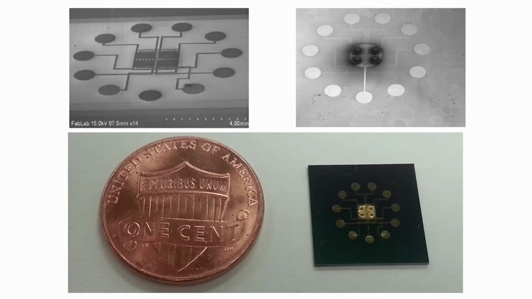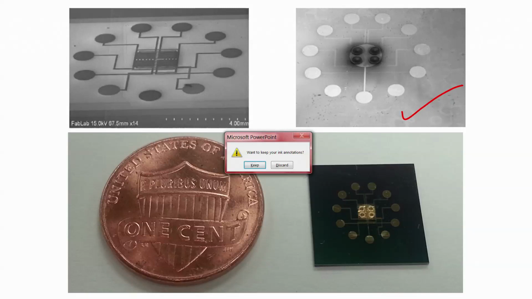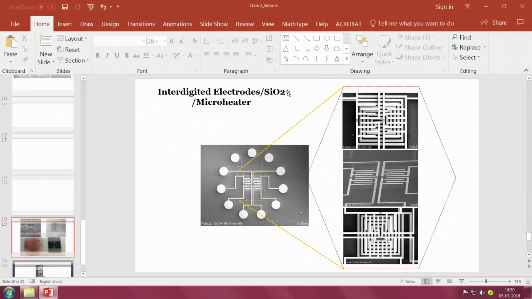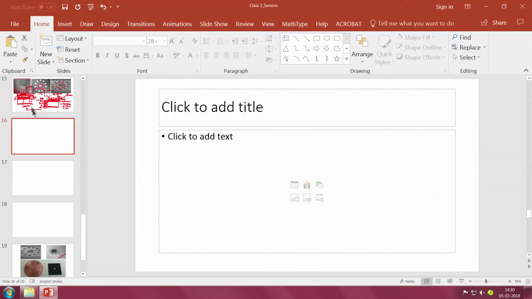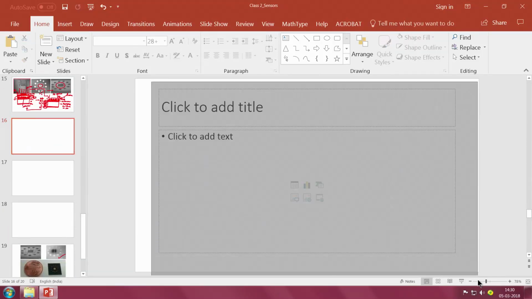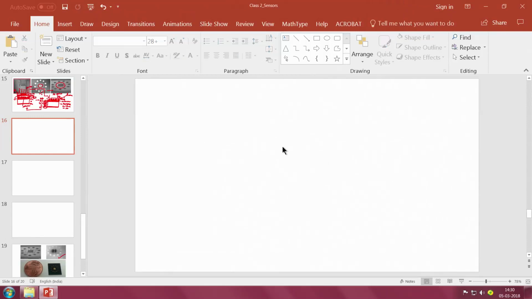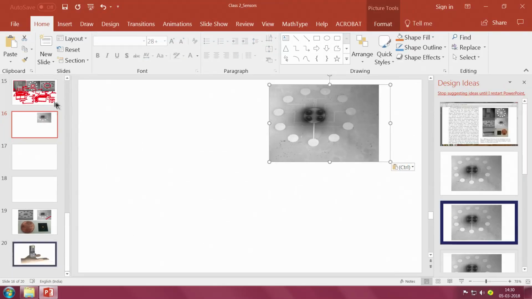Now, what is the next step? The next step is that we have to have a gold pad on this particular chip, right. What is this chip? Let me use this design right over here, so that we know what the next step is, right.